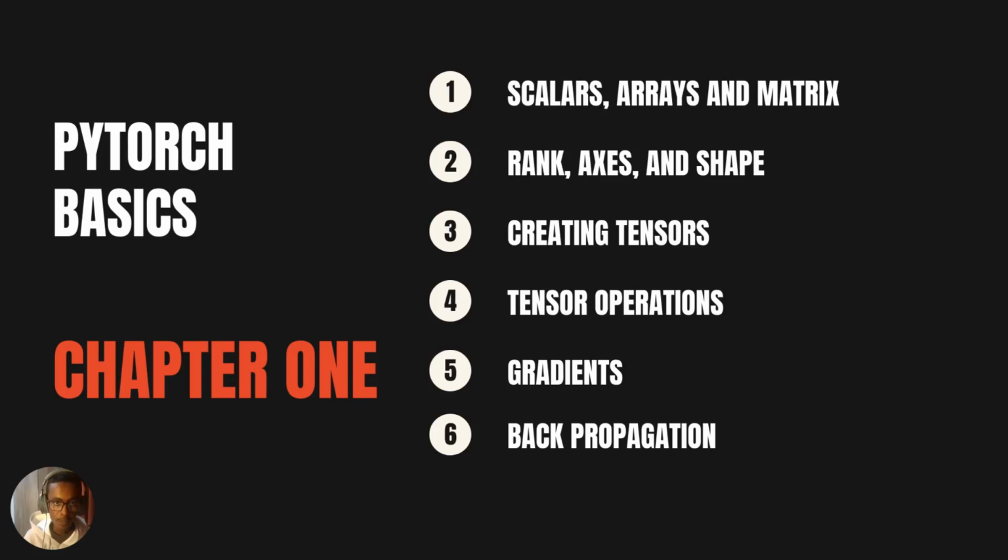First, we're going to start by talking about scalars, arrays, and matrices. Then we're going to learn about the difference between rank, axes, and shape. In the third section, we're going to learn how to create tensors using different methods. In the fourth section, we're going to learn about the different kinds of tensor operations,